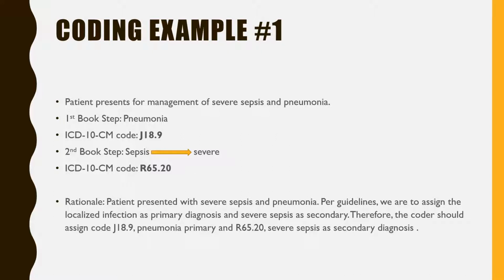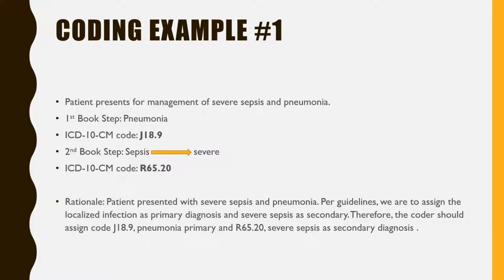In our first coding example, our patient presents for management of severe sepsis and pneumonia. So when we do our first book step, we're going to locate the pneumonia, which is our localized infection. Our ICD-10-CM code should be J18.9. And in our second book step, we're going to locate sepsis, and then we're going to locate the type of sepsis, which is severe. And our ICD-10-CM code should be